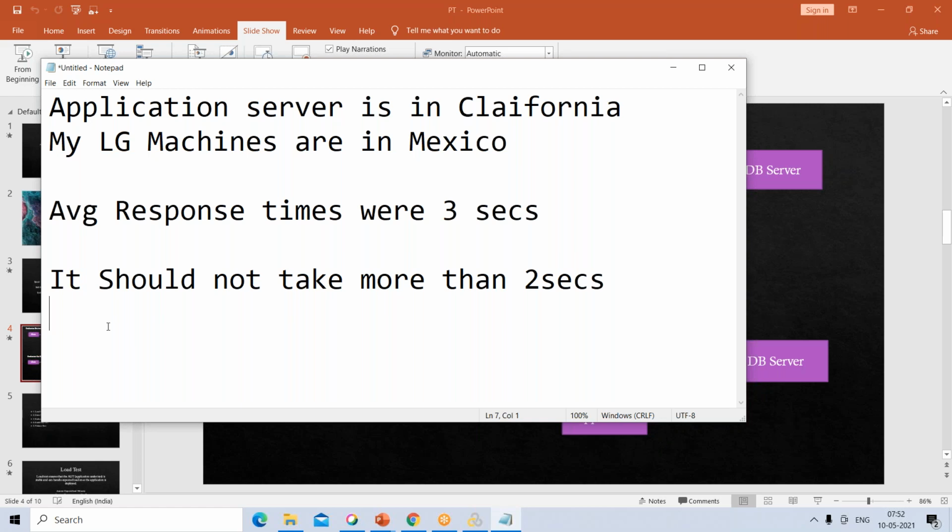Network also depends on the bandwidth. Sometimes how fast your internet is depends on the bandwidth. If your network bandwidth is very poor, if your network speed is only 512 kbps or 10 kbps, obviously it will load slowly. If my network bandwidth is 100 mbps, obviously it will load quickly. That is again different. Here the request goes from one location to another, because the server is somewhere and my load generator machines are somewhere else. That's the reason I got 3 seconds. Immediately, what did I do? We have different load generator machines in California as well.